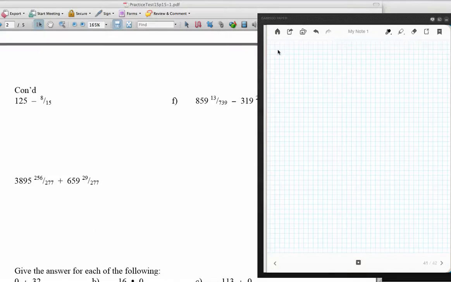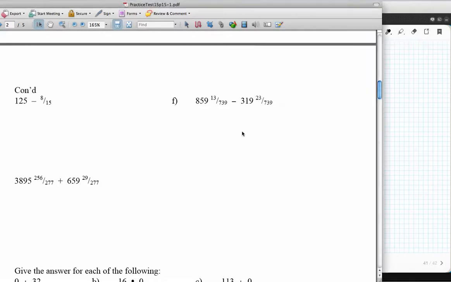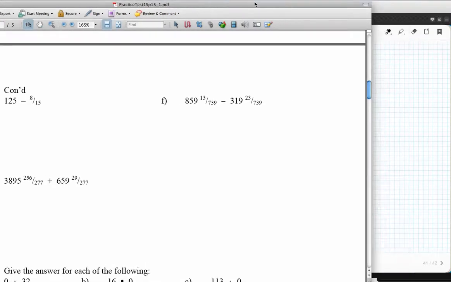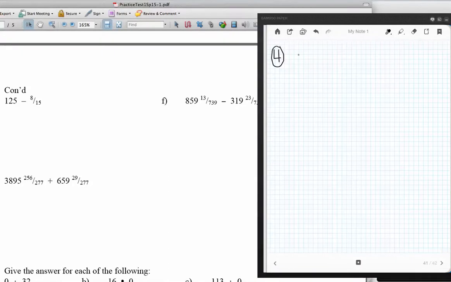All right, so this is number 4 continued, and this is the problems that are, let's see, D, E, and F maybe. Yeah, D, F, and G. I guess there's a skip there. So we'll start with D, and D is a whole number, and we are